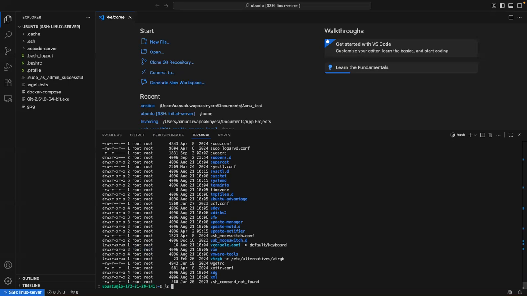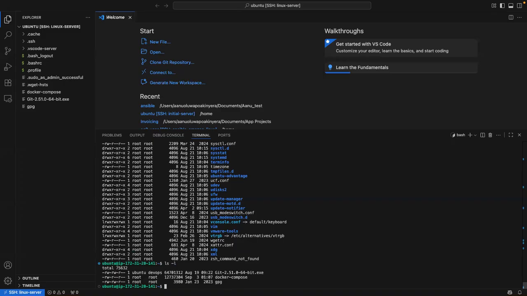So for example, ls -l, let me see if I can change this one. You know, the DevOps group exists. Let me see if I can change it to the DevOps user. It could fail and expect you to create the DevOps user. So let's say sudo chown DevOps, right? Colon DevOps, right?